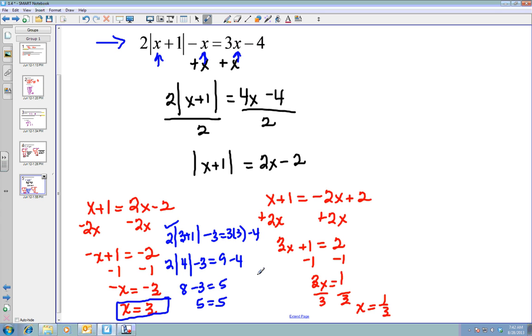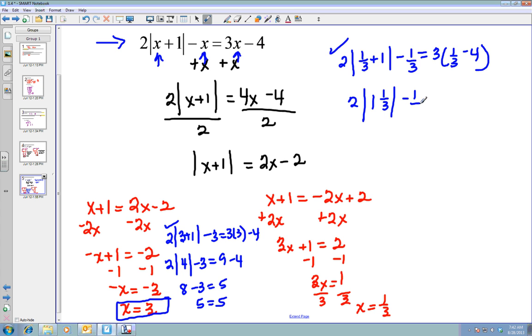So now I need to check, and I'm going to write up here, 1/3. So I have 2 times the absolute value of 1/3 plus 1 minus 1/3 equals 3 times 1/3 minus 4. So I have 2 times 1/3 plus 1. Isn't that just 1 and a third? So I'm going to write it as 1 and 1/3 minus a third equals 3 times a third minus 4,